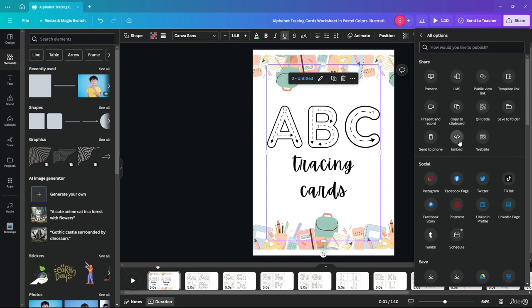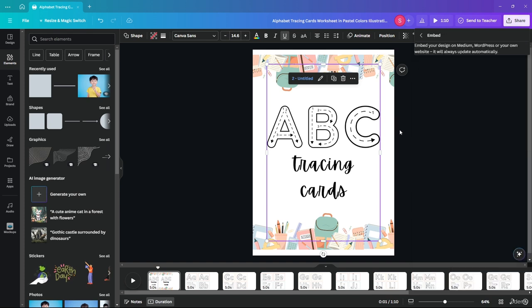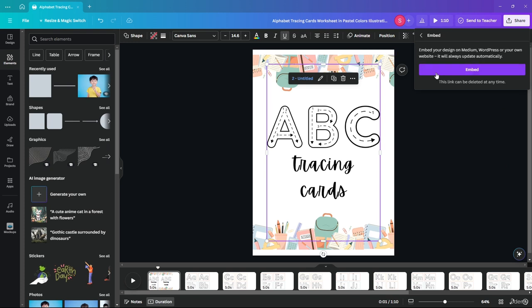As you can see, here you go. So if I were to click on the embed option, two files will be popping up. As you can see, you can embed your design on Medium, WordPress, or your own website, and it will always update automatically. So if I were to embed,